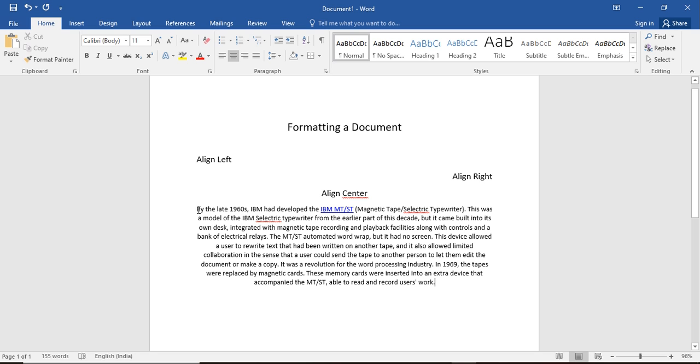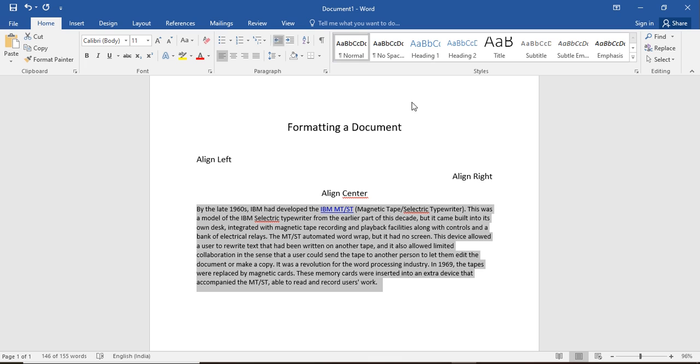Okay, and you can see next, here is a paragraph, and I want to align this paragraph also. So firstly we will select this whole paragraph, and again we will go to the paragraph option and select align left, and you can see now the paragraph is aligned on the left side.